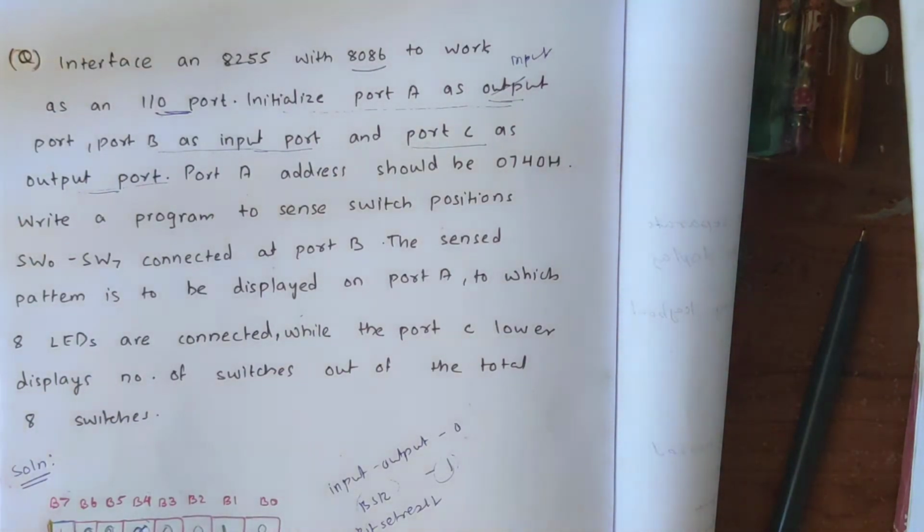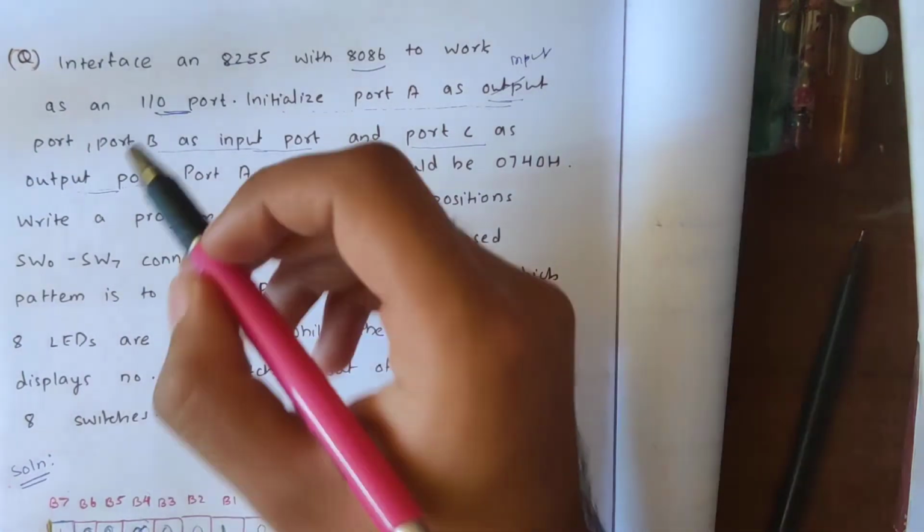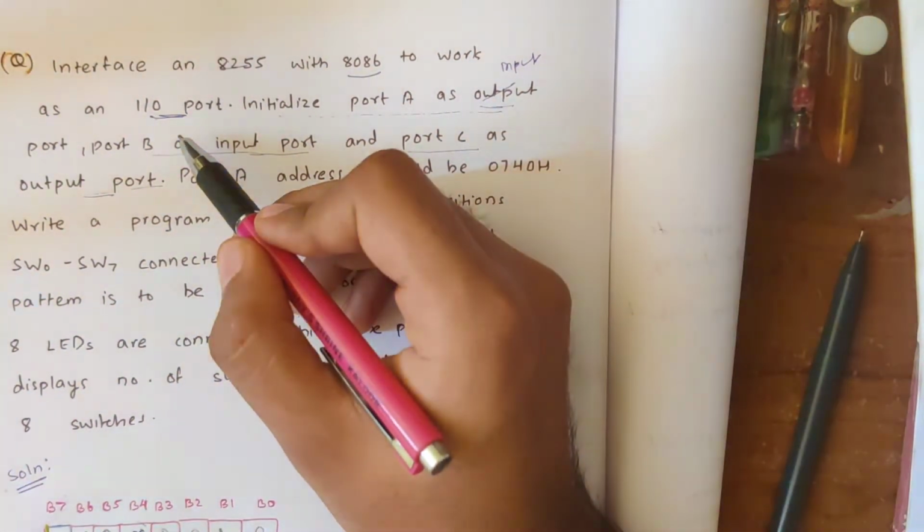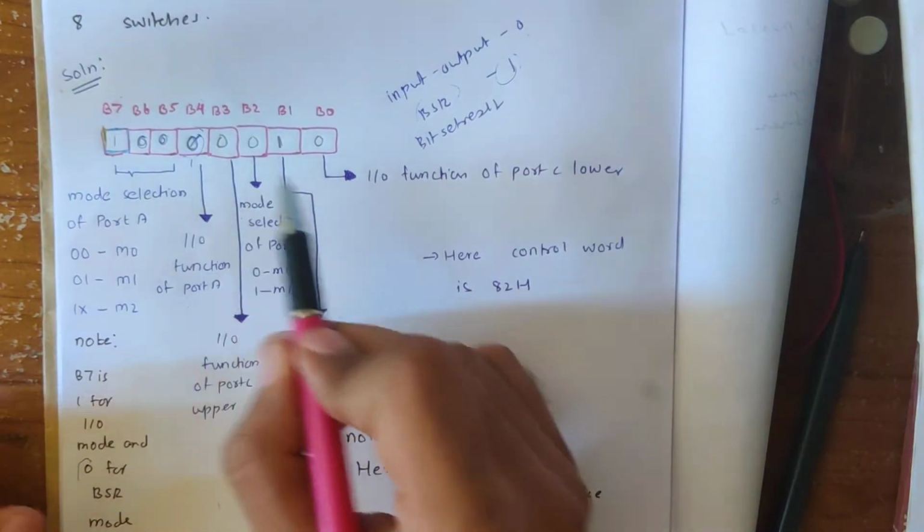Hello everyone, so today I'll explain how we can find the control word. We are given the task of interfacing an 8255, which is a peripheral device, with 8086. The first thing that we notice here is that it's given in the input-output port. So whenever we see that, the first thing that we need to do is to create this